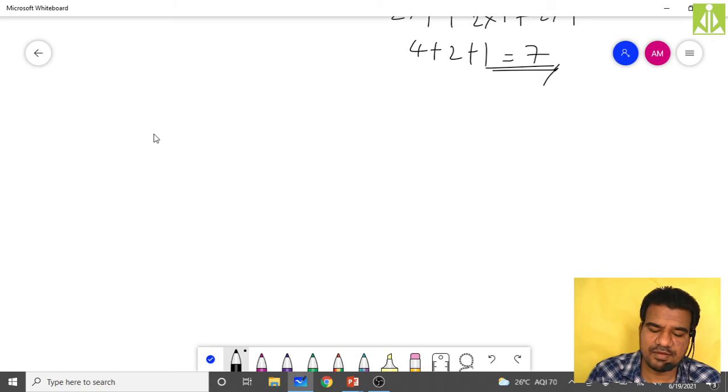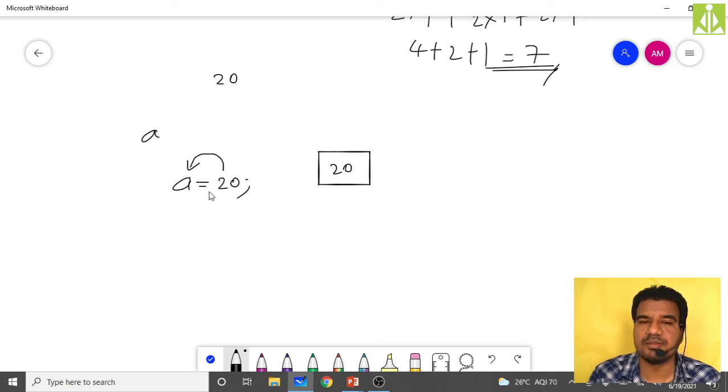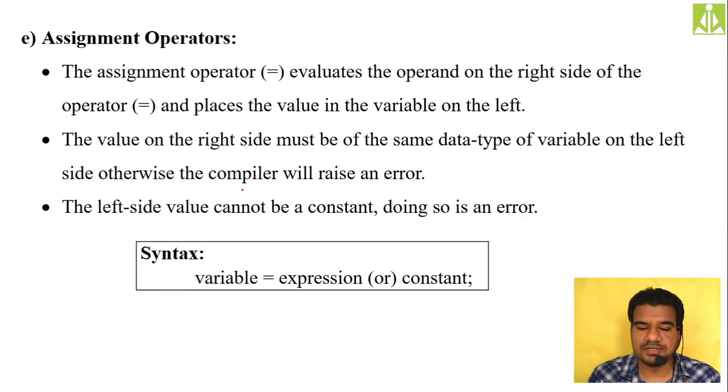Let us say you have a variable A, and you want to assign value 20 to this variable. How will you do it in mathematics or in programming? Simply use the assignment operator like this: A = 20. Now this A, when I'm calling it a variable, is nothing but a memory location. So when you assign 20 using the assignment operator, this 20 will go and reside in A's memory location, storing the value 20 into variable A.